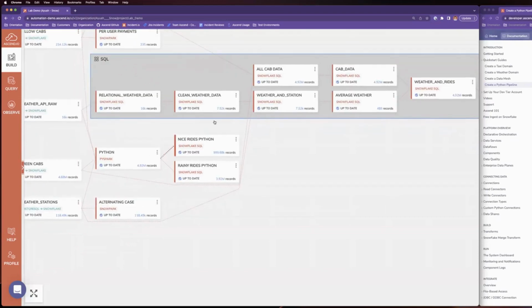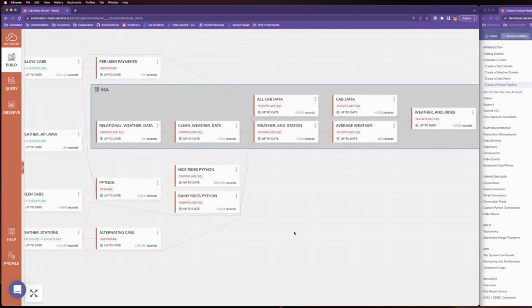But for the rest of them, we could collapse them into one Python transform, where it might get super complicated in SQL to handle all of them. And so as a result, that might be something you could do. But let's start with a little bit more basic of an example, right?